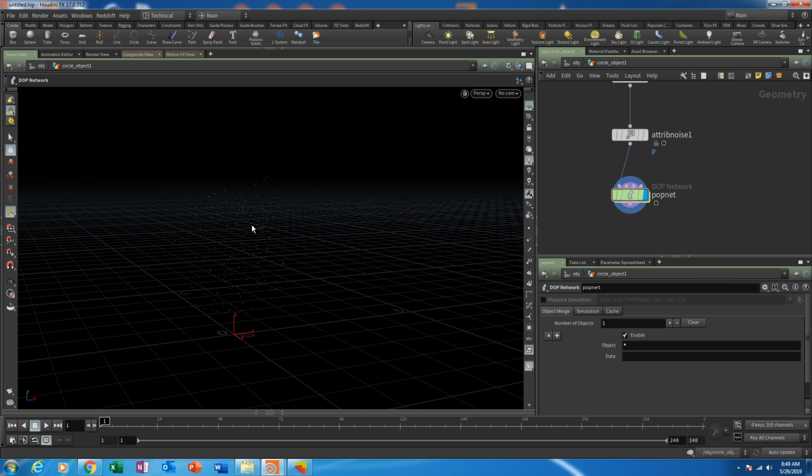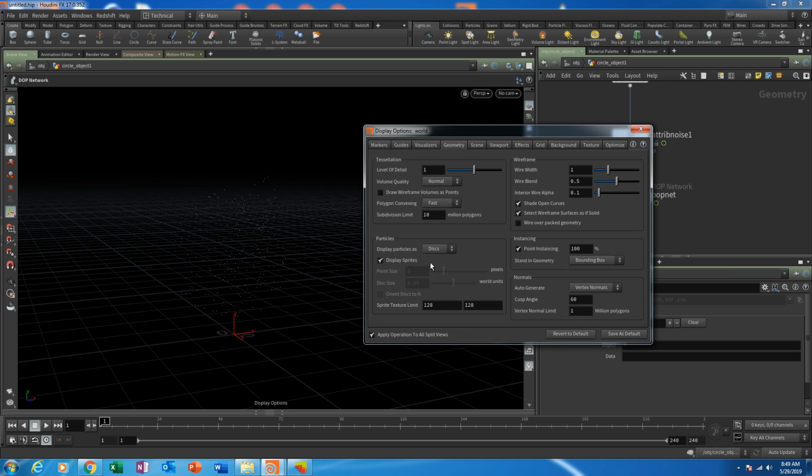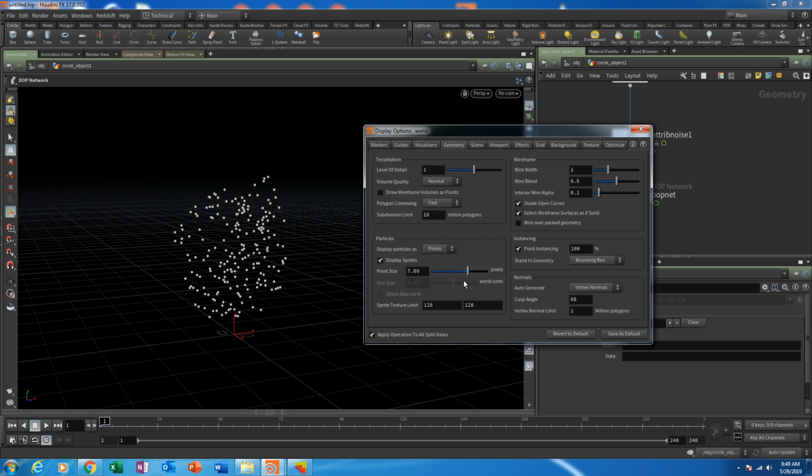And I'm just gonna hit D and go to geometry, and right now the particles are shown as these little dots, which are either disks or pixels. But if you actually want to see bigger particles in the viewport, you can change this in the geometry level, change this to points, and now you can actually see how big your particles are. And if you have some sprites, later on I'm going to show you how to use these. You can also use sprites, but right now they are not doing anything. So I'm going to keep my particle size to 2,